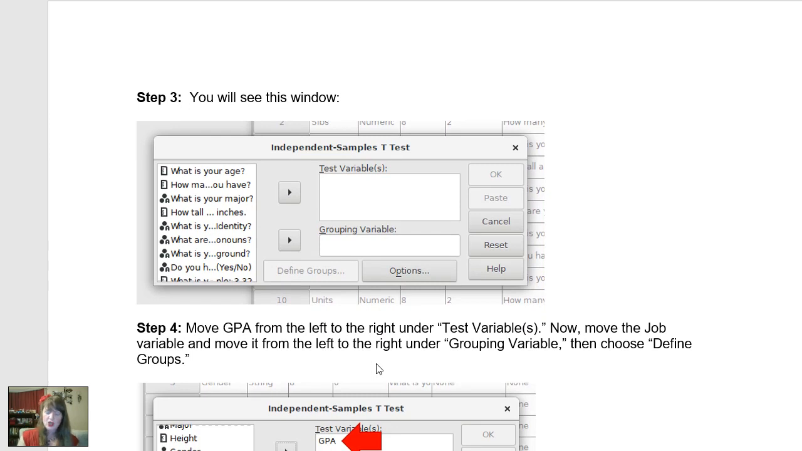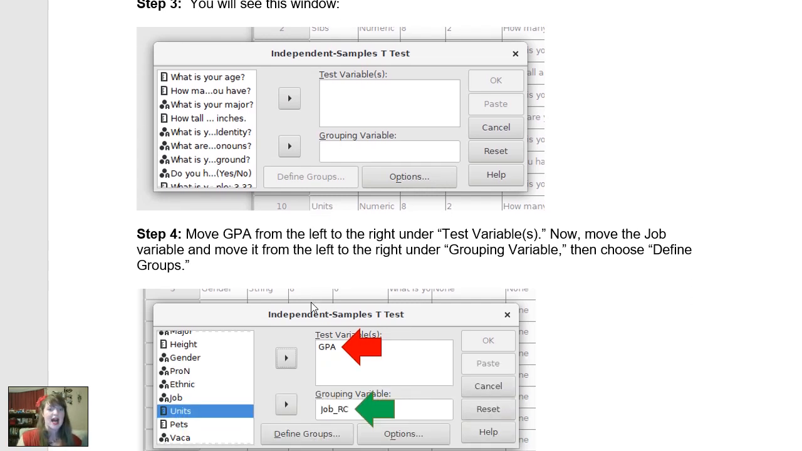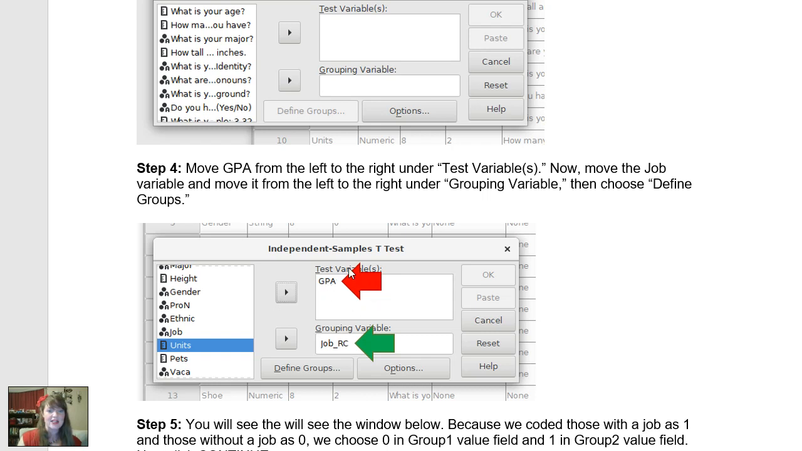It's similar to the one sample t-test, where we're still going to have the test variable. This time we're going to be choosing GPA because I'm curious if these two groups differ on GPA. But instead of having a specific number that I'm going to compare my one sample to, I now have a grouping variable, a qualitative group-based variable that I'm going to compare the two groups to each other. So I'm going to, again, pull GPA over into the test variable using this little arrow, but then I must have already had or created a grouping variable